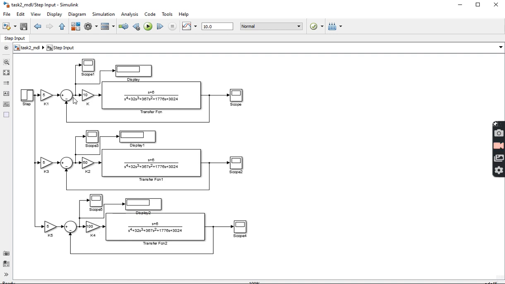After that, this is the error. I just want to see the error here, and I also put a display here so that I can fill the table. So I take a feedback. Now I multiply the unit step by 5, again 5, and again 5, because this is for step input with 5 times the step, that is 5 u(t), so that's why I put gain values 10, 15 and 100. So when I run this code,